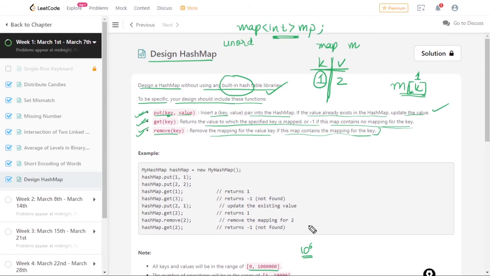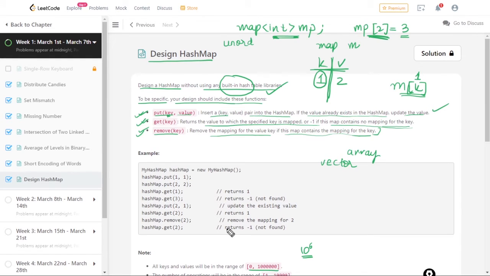Now we need random access basically, because the map gives us random access, so that we can access in order of 1. For example, if we are accessing like this, we won't be iterating over any values, we'll be directly getting the values. For example, it is stored as mp[2] is 3, so like that we'll be getting it very easily. So our task is to get that random access. So how can you get that? You can use an array or you can use a vector. Anything will work fine with this solution.